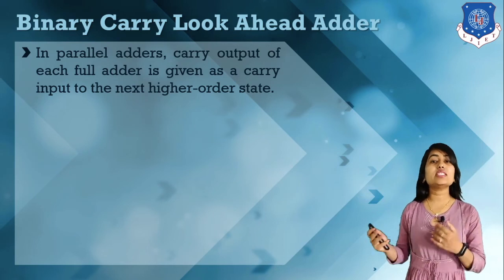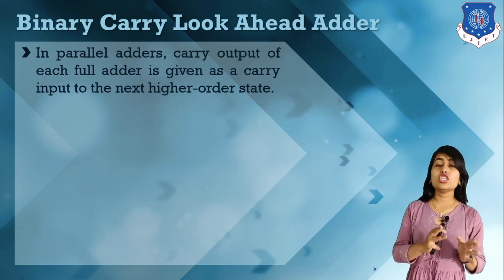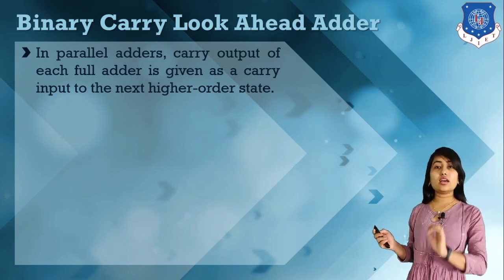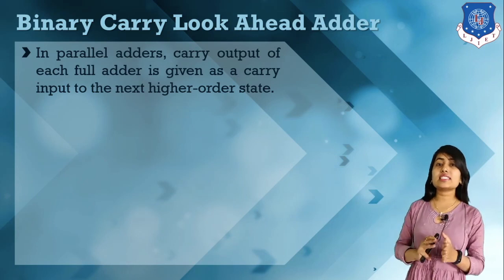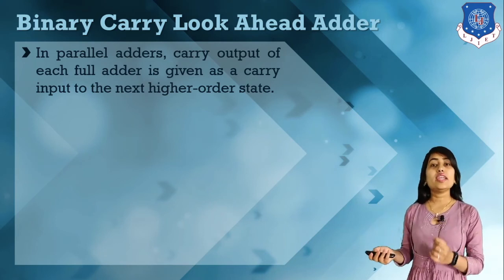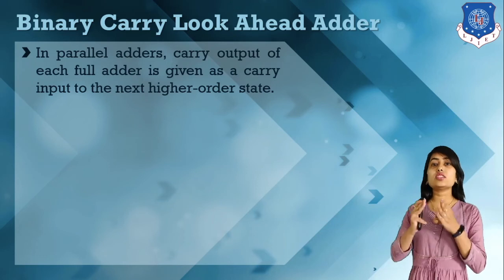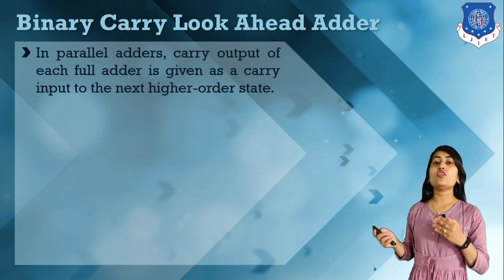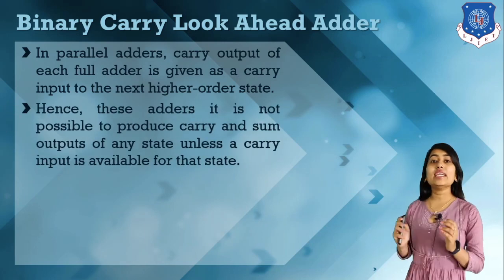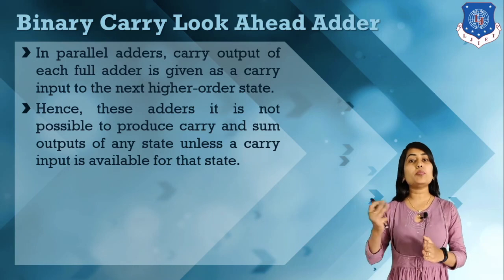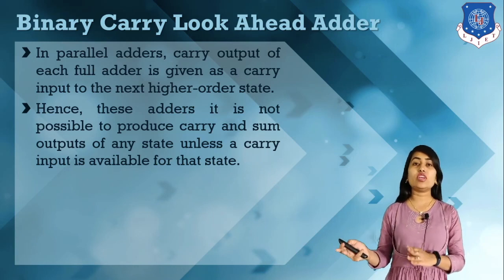Okay, we have a series chain of these full adders. Here, to calculate the sum bit of the next stage, we have to use the carry of the previous stage. Whenever we have to calculate the sum bit of a next stage, we have to use the carry of the previous stage. So it is necessary to calculate the carry bit of the previous stage, and only then can we calculate the sum bit of the next stage.